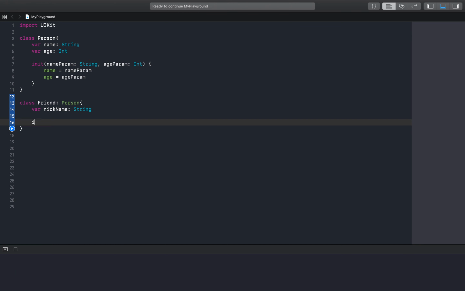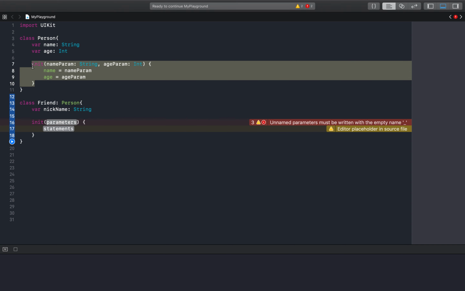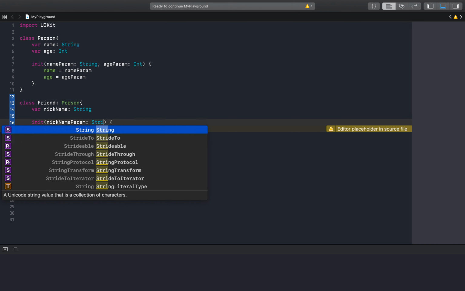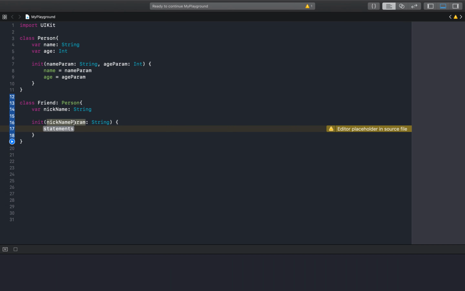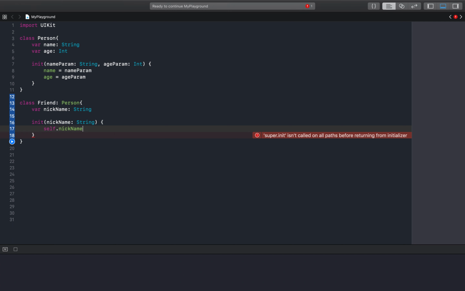And then we create our initializer. It'll try and override, but we're just going to use a regular initializer, and we're actually going to initialize these in here later. So for our initializer, we have nickname param. By the way, I do this mainly so you guys can see the difference between this nickname param and this nickname. Most of the time, it's done like this: nickname string, and then you'll have self dot nickname